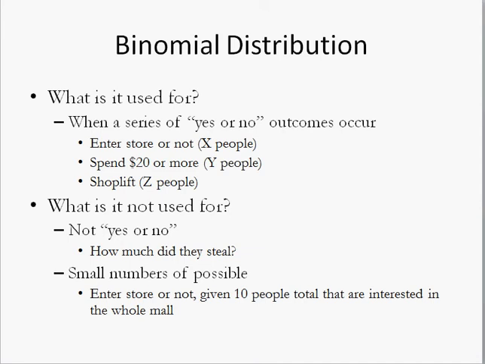So how do we use it? So binomial is written as binom.dist in Excel, and it asks 3 things. It asks to know the number of yeses. So again, this is a series of yes or no questions, so it's going to ask the number of yeses. How many times you tried to get a no or yes, how many times did you ask the question, and then the probability of yes or no. And then a flag, a true or false flag, with 1 being cumulative